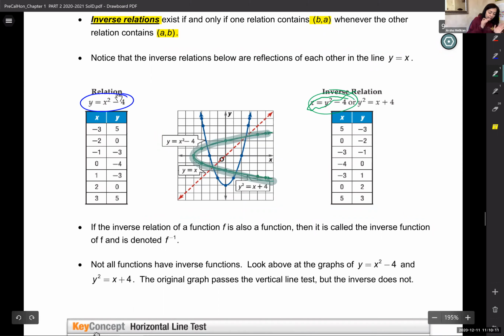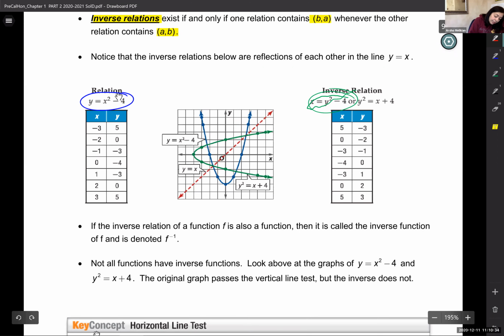So now I've got a relation and the inverse of that relation. I'm not calling any of these functions because the green one clearly is not a function. So we're just calling it a relation. Now there are two things that we have to take a look at. First of all, look at this red dotted line. This is the line y equals x, right? And one thing is, if you graph a relation and its inverse, the two of them are symmetric around that